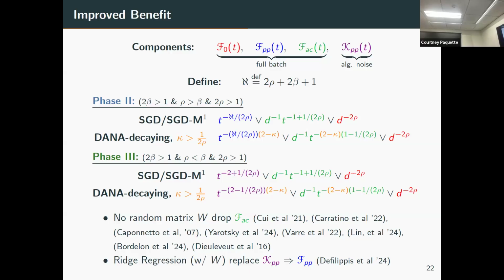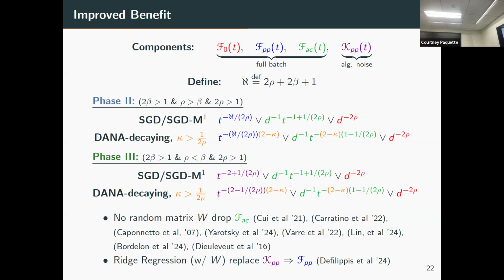So you gain 2 minus kappa. The 2 is important because this is exactly the gain that you get from Nesterov's acceleration versus gradient descent. So this is in some sense doing some sort of extrapolation between the two. And you can see where it hits on all these terms.